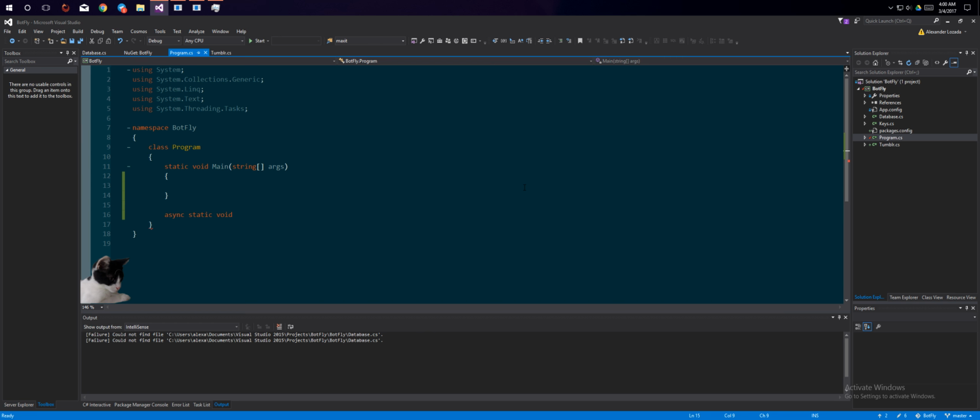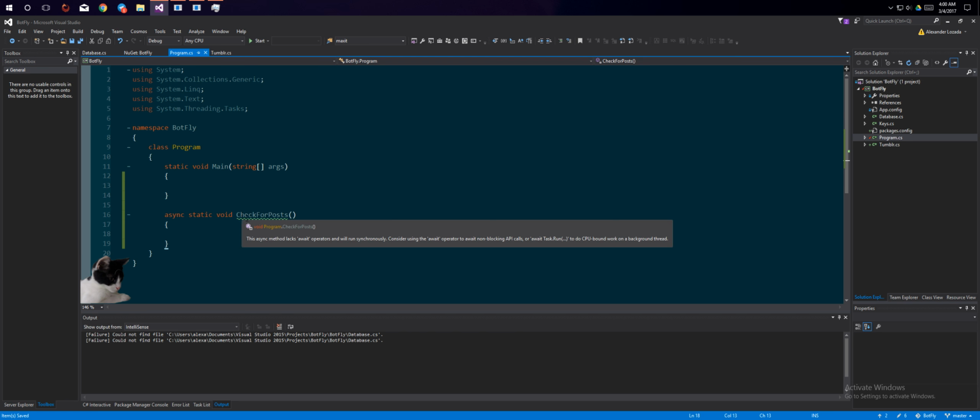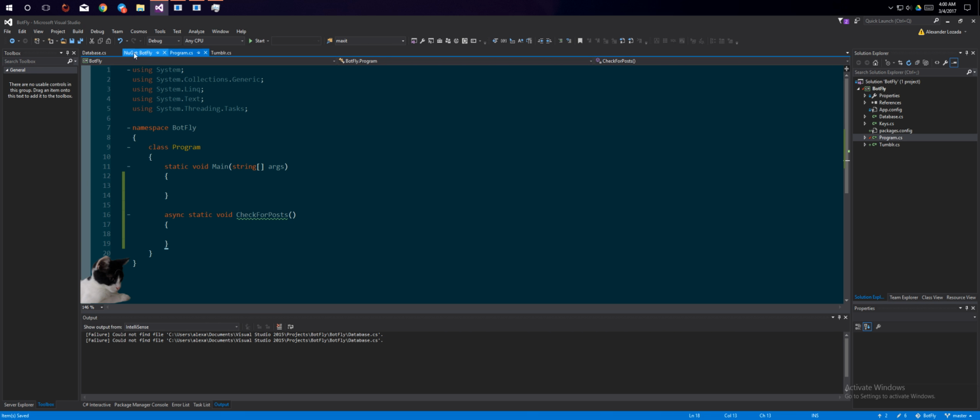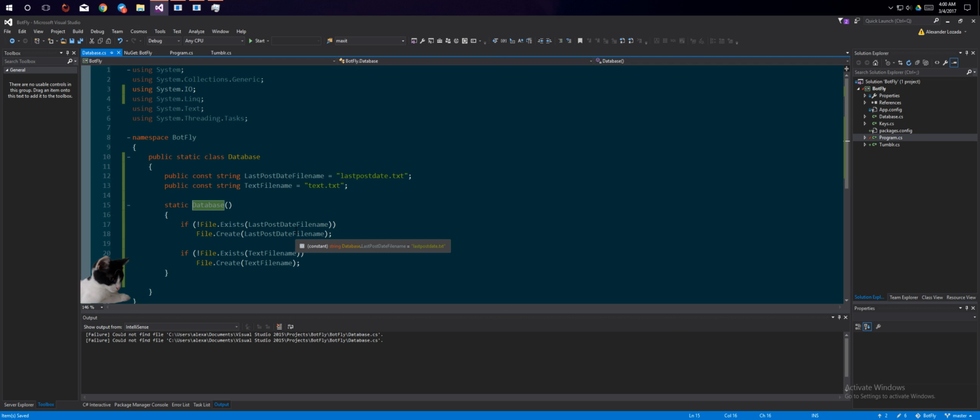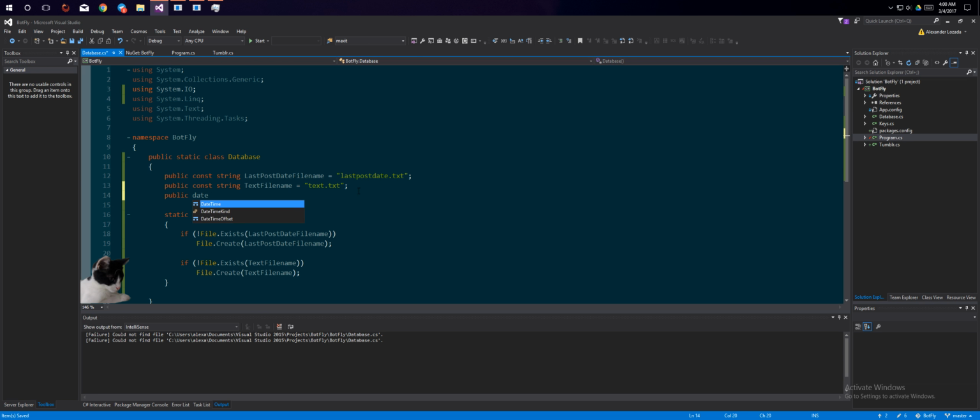I think we can do it in Program. Okay. Oh, and I also want to do one more thing in database. So, also once they're created, we want to actually get a public DateTime